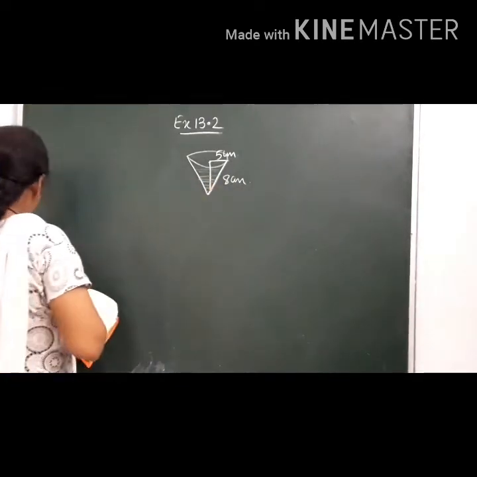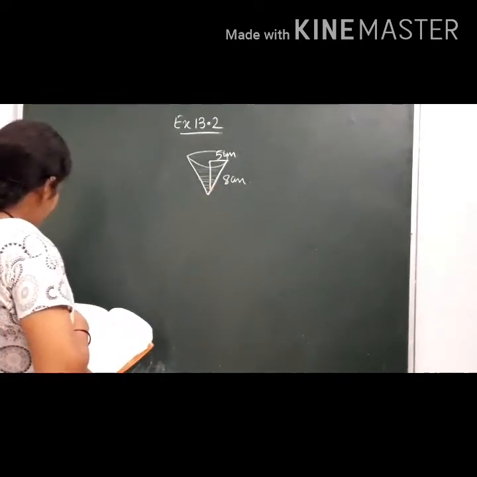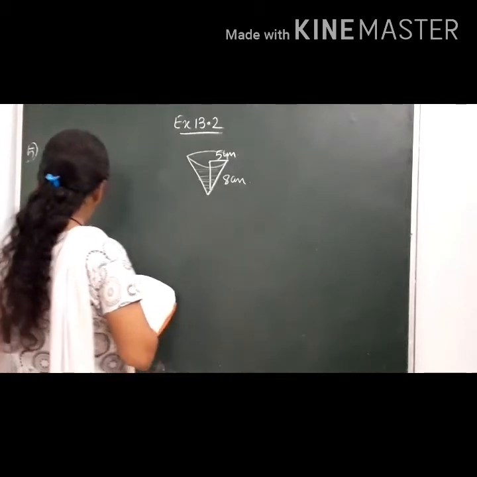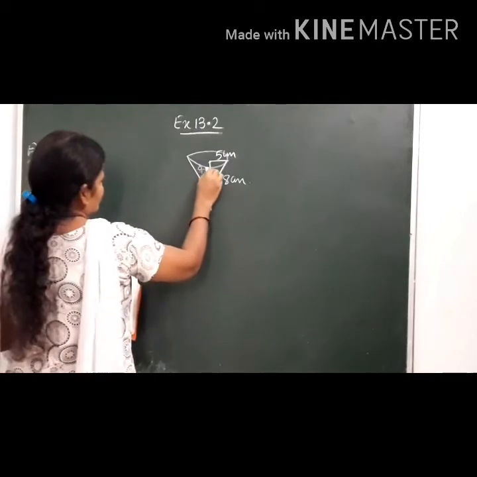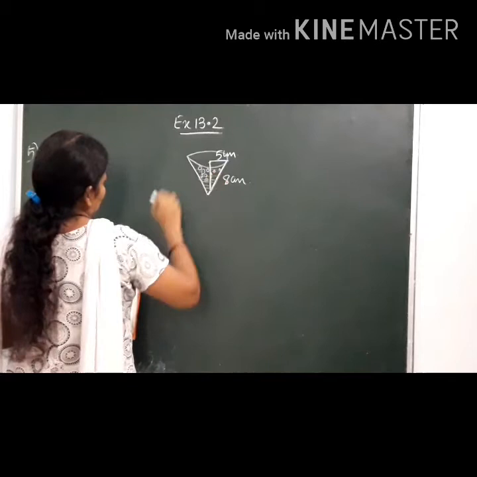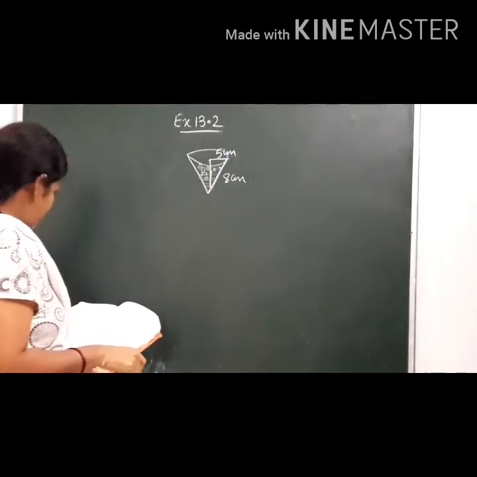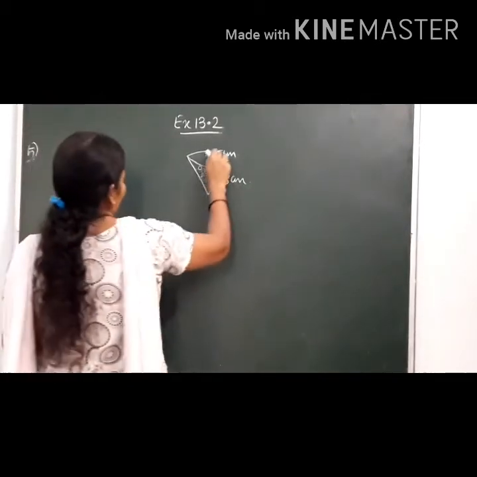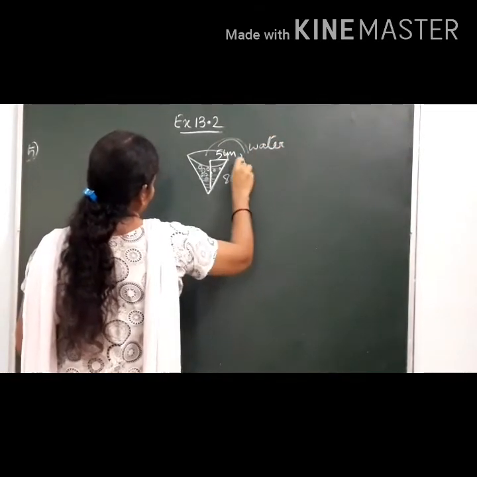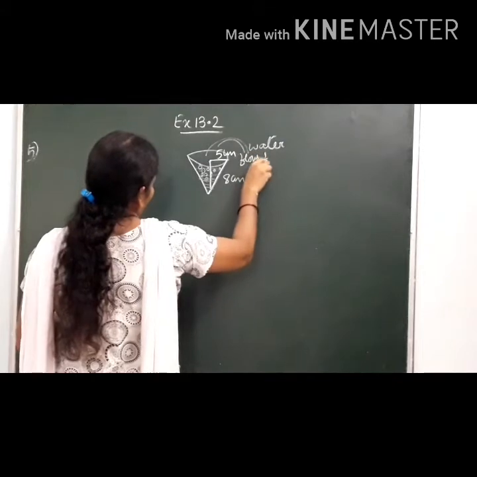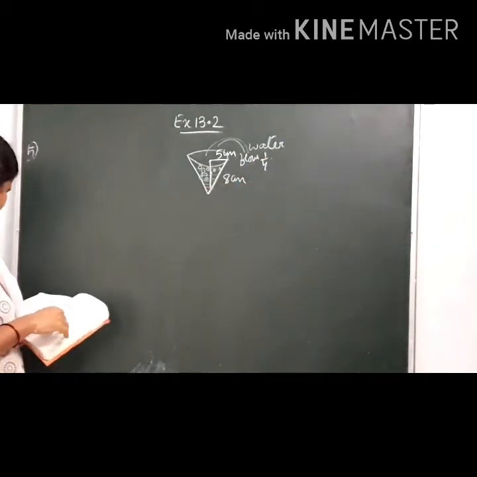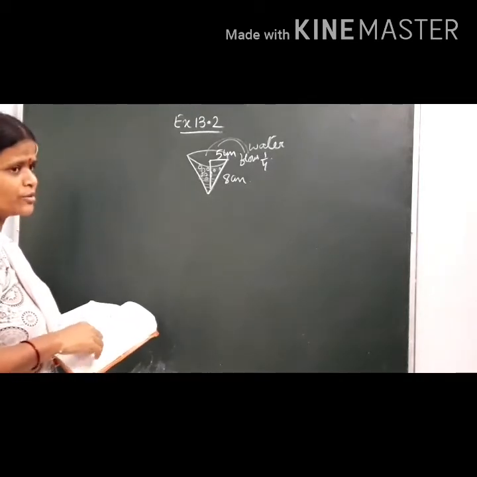Now lead shots, each of which is a sphere of radius 0.5 centimeters, are dropped into the vessel. We will put the lead shots in the shape of a sphere into the water of the vessel. Then 1/4 of the water flows out, so 1/4 of the volume of the cone is washed out. Find the number of lead shots dropped in the vessel.